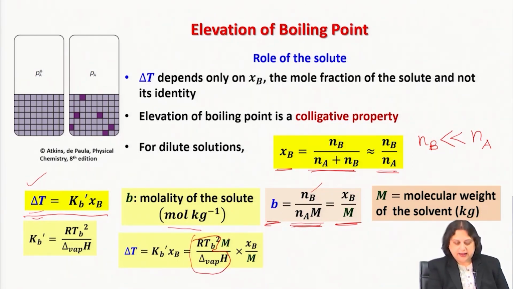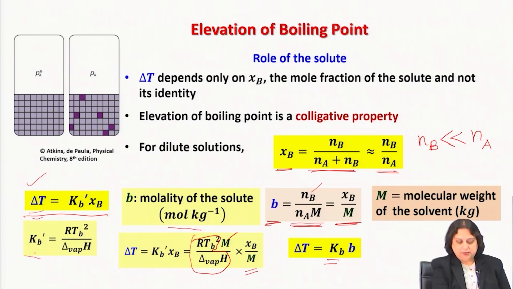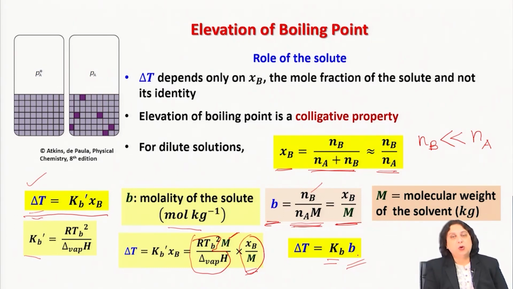and then I'm going to multiply it with the molecular weight of the solvent in kg, and therefore here I have to divide it by the molecular weight of the solvent in kg. And if I rewrite this expression, what I get is delta T, that is equal to Kb, which is nothing but Kb prime multiplied by this molecular weight of the solvent. And now instead of mole fraction, I have the concentration of the solute expressed in terms of molality of the